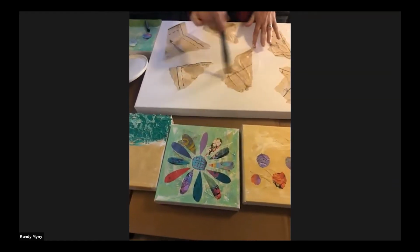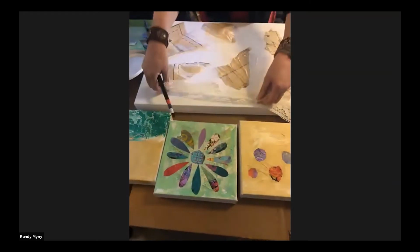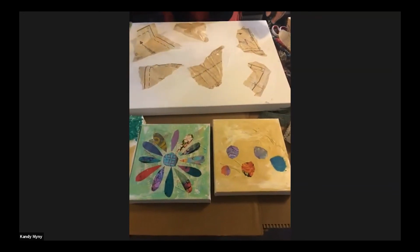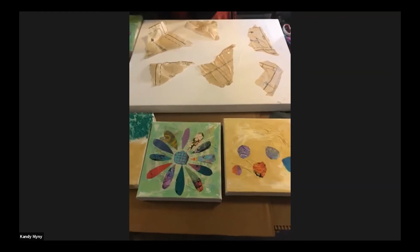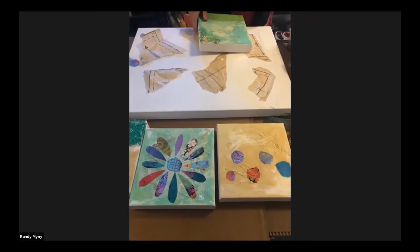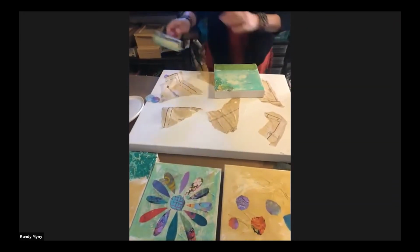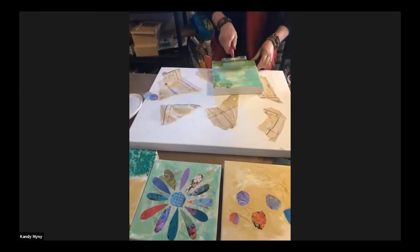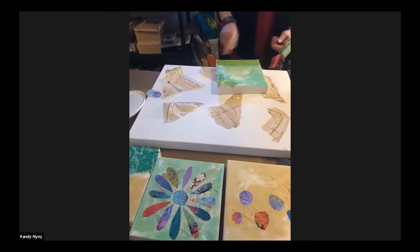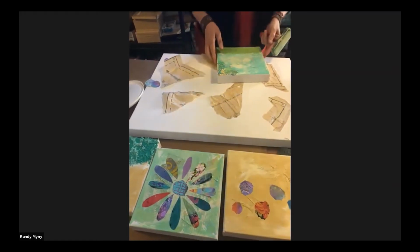I add other things too, like textured paper or lace and fabric. And after that all dries, I go to the next phase, where I use a brayer a lot. I use a brush for some stuff, but I love these things. I'll pour paint on a plate, with a couple different colors, and mix it. And then I roll my paint for my background layers. Then I might take a brush over the lace to get in all the cracks and stuff. Then when that's dry,